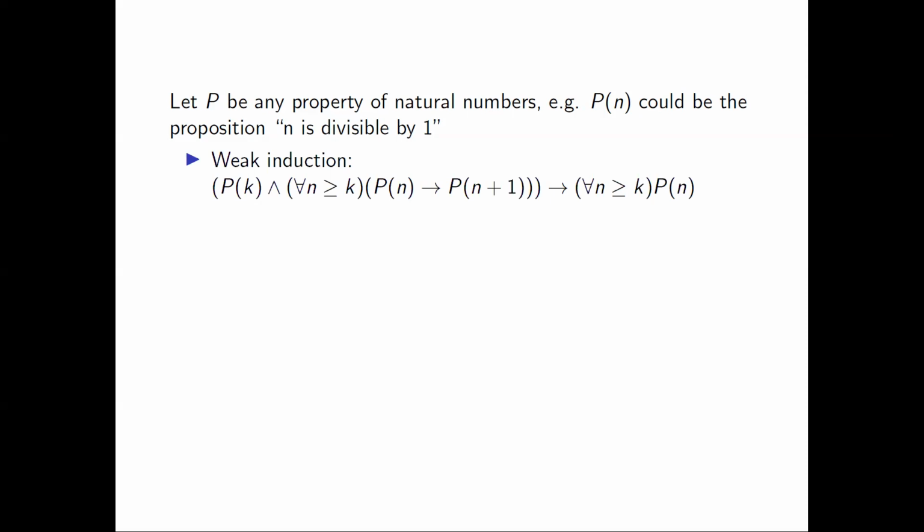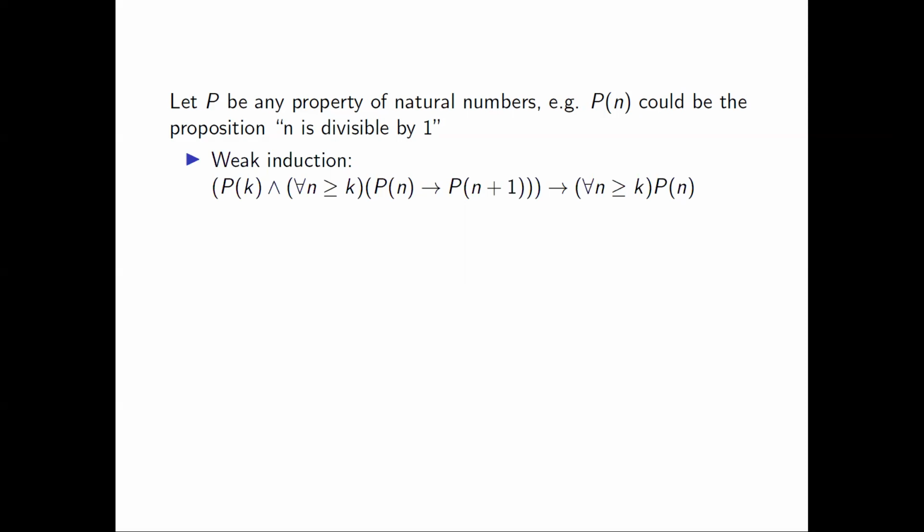Weak induction consists of multiple axioms of arithmetic. For each such proposition P, we can write a weak induction axiom. Now, when we apply weak induction, we can apply it starting from 0, or we can apply it starting from some positive integer. Typically, it's written starting from 0, but for many of the problems where we'll apply weak induction,